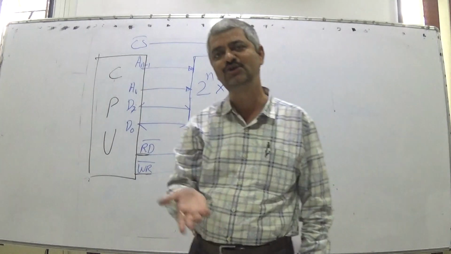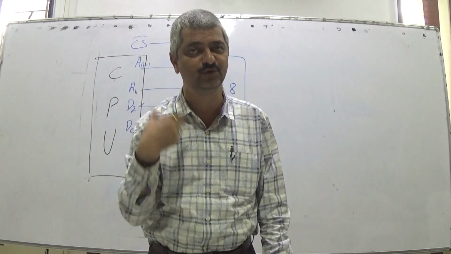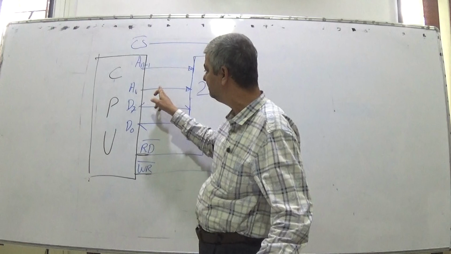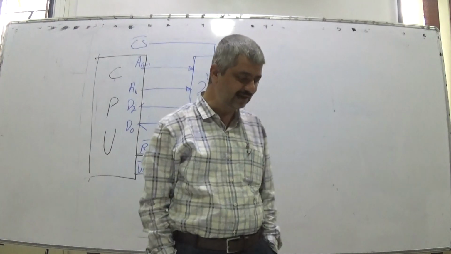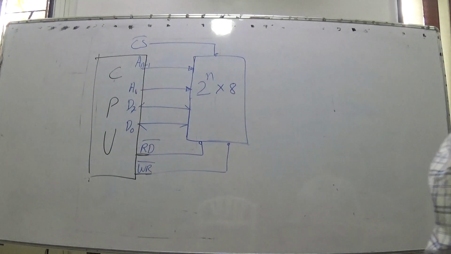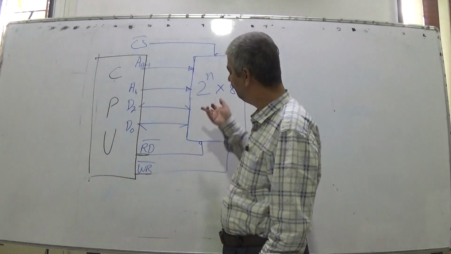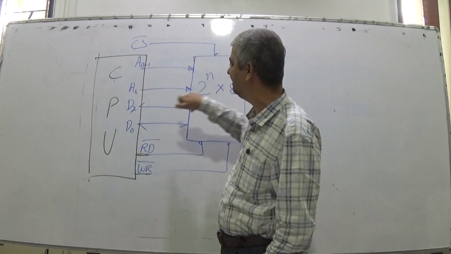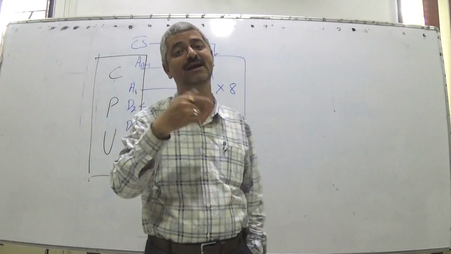If the microprocessor wants to write something, it has to decide what to write and where to write. So it will put the address on address lines, data on data lines, and then put write bar. So in a writing operation, the microprocessor will put address as well as data and make write bar pulse low for some required period. For a reading operation, the microprocessor will output the address on address lines and activate read bar. This memory will put data on data lines that it will use for some internal operation. So internally, what is the microprocessor having now?